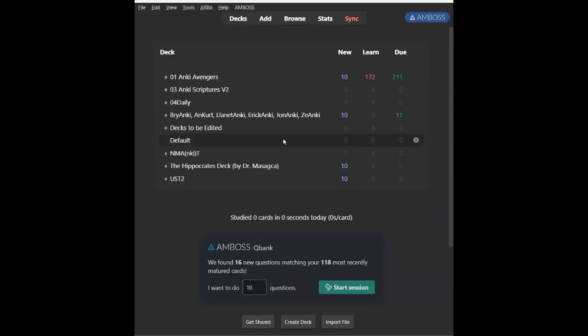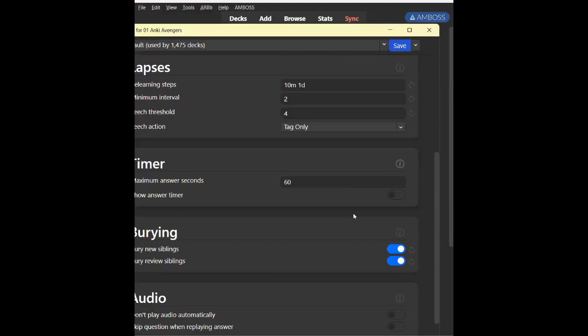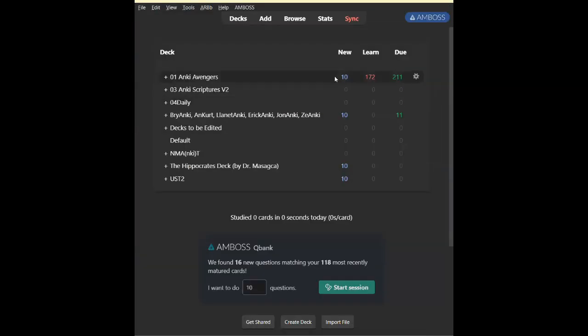So yours might look a little bit different compared to my Anki, but I'm sure you will have this square over here. Okay, so these are the decks, right? Anki makes flashcards, so flashcards are inside within decks. So these are the decks right here. So this is the name of the deck. You can rename it using this gear icon, rename, you can export them, delete it. These options, don't really mind this yet because we can deal with this later. So we also have here new, learn and due.